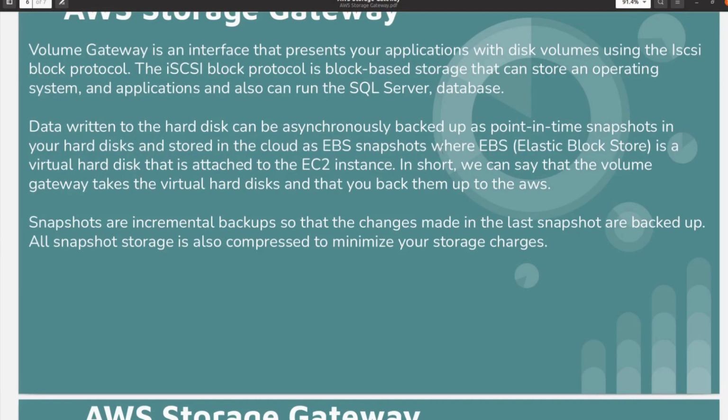EBS, Elastic Block Store, is a virtual hard disk that is attached to an EC2 instance. In short, volume gateway takes the virtual hard disks and backs them up into AWS. Snapshots are incremental backups, so only changes made since the last snapshot are backed up. All snapshot storage is also compressed to minimize your storage charges.